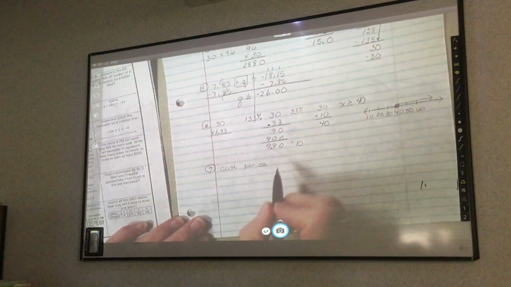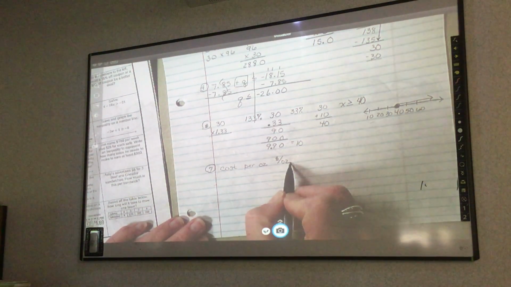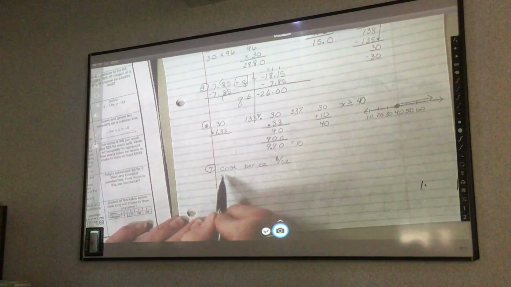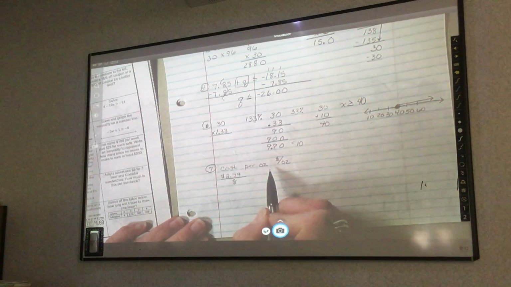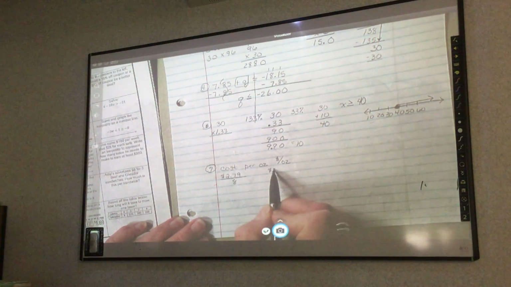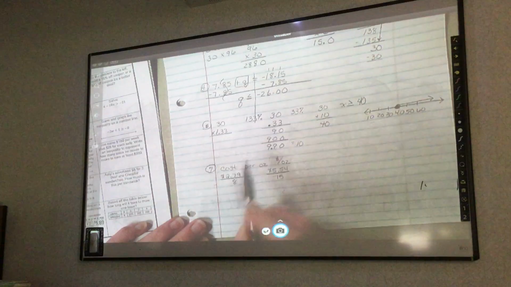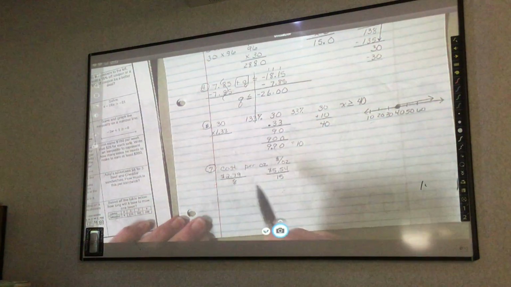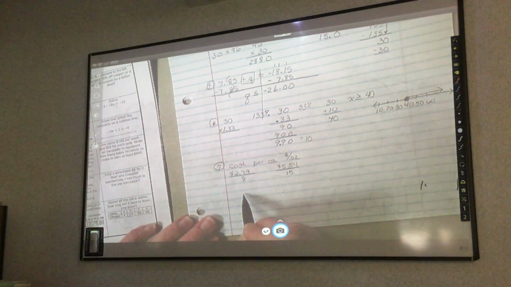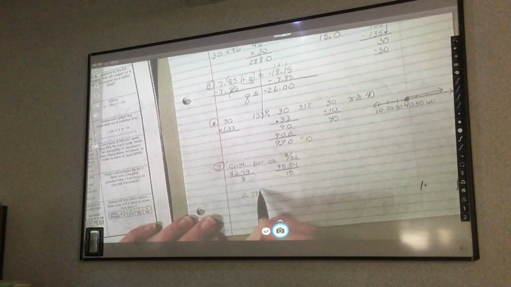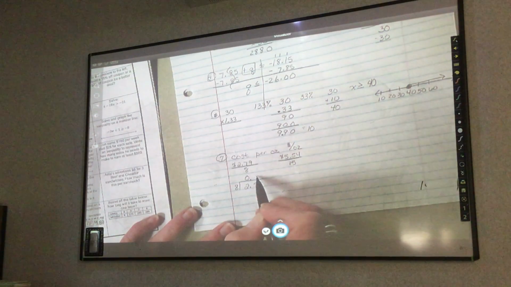So to find out its cost per ounce, it'd be dollars over ounces. So I go back. The 8-ounce jar is $2.79 for 8 ounces. The second jar is $5.54 for 15 ounces. How do I figure these as a unit rate? You just divide them. You just divide your fractions. So I take $2.79 divided by 8. And after I do all my division,